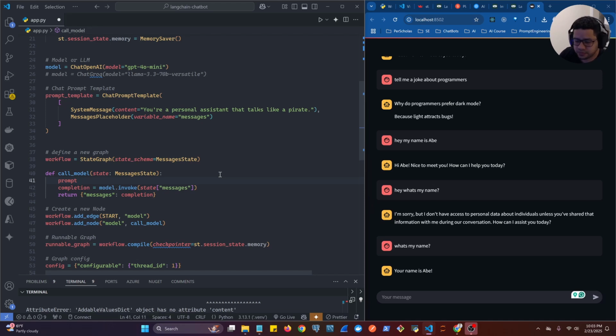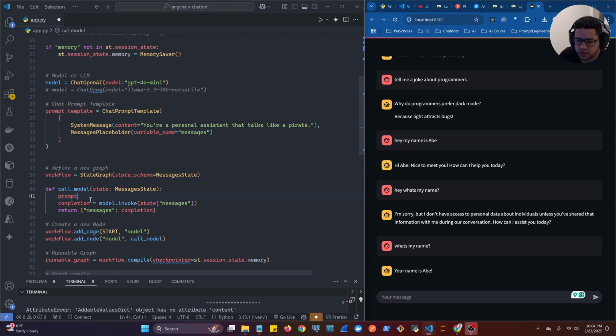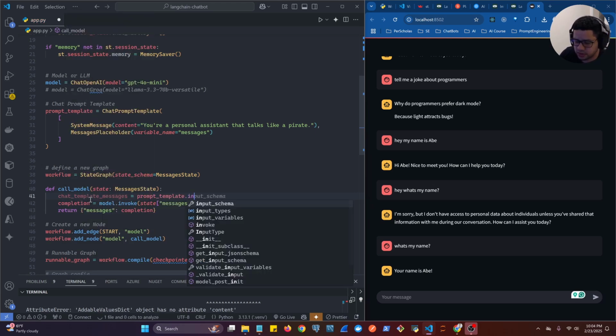So let's do chat underscore template messages equals, and then here we're going to call our prompt template, and we're going to invoke the chat prompt template,